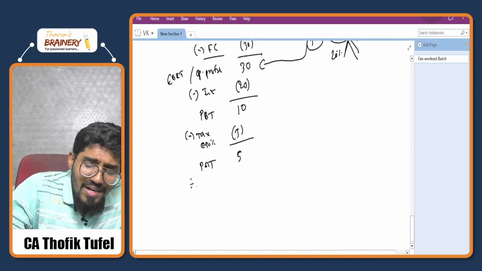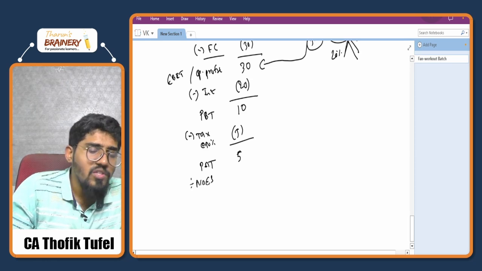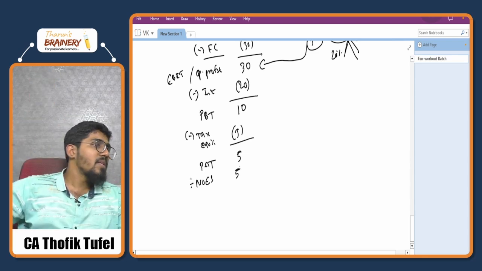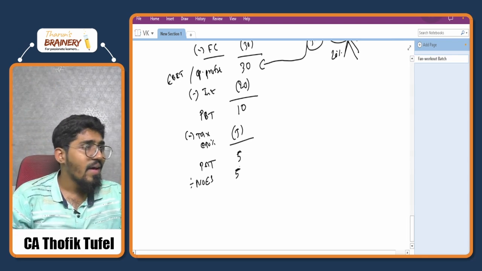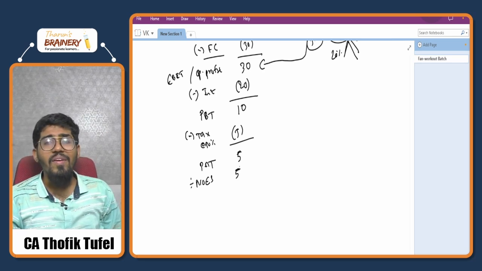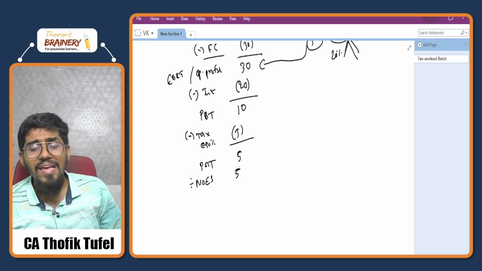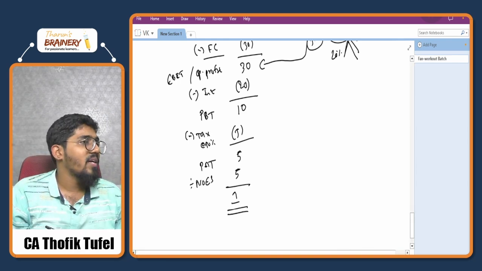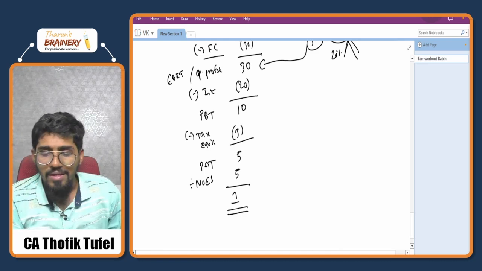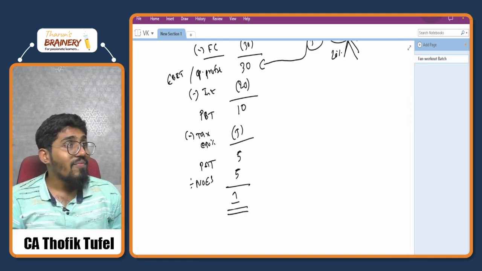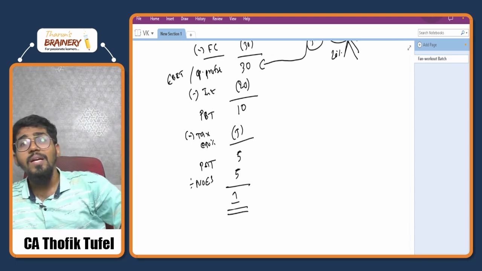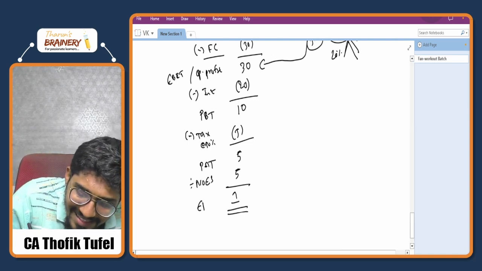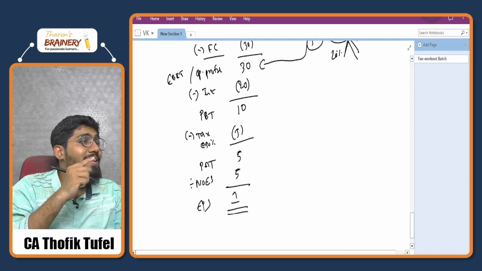If I divide this by the number of equity shares, suppose I'm taking all numbers in crores, 5 crores is my profit, and I am having 5 crore shares. What is my earnings per share? 1 rupee is my earnings per share, correct? So every share is earning 1 rupee. 1 rupee is actually a very big amount, because my total profit is 5 crore rupees. I call it EPS, also called earnings per share.